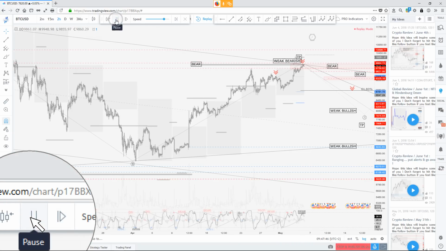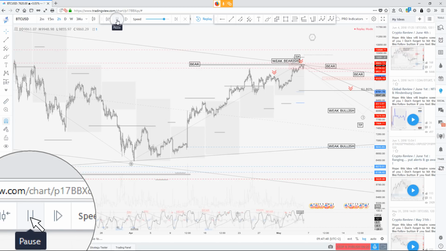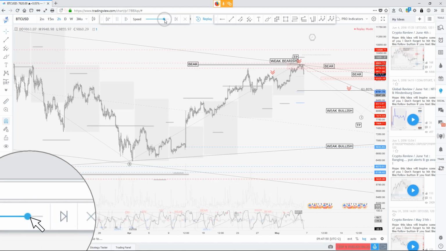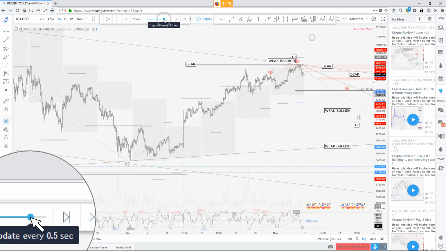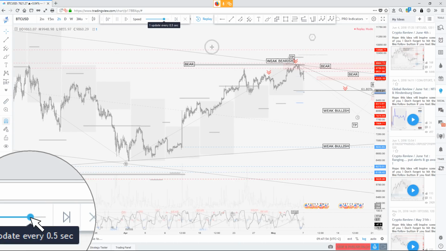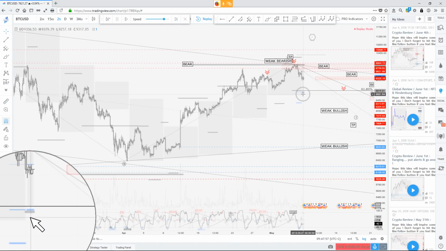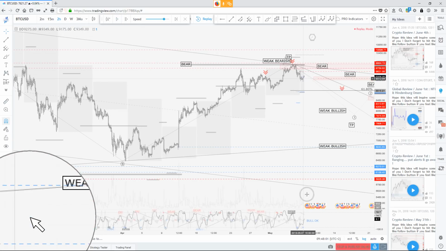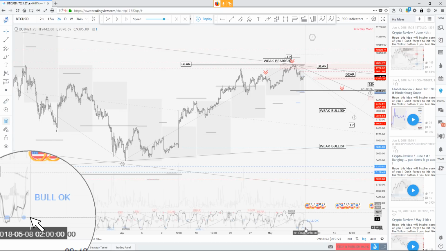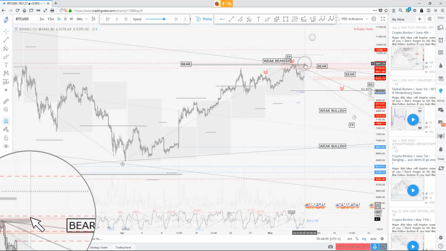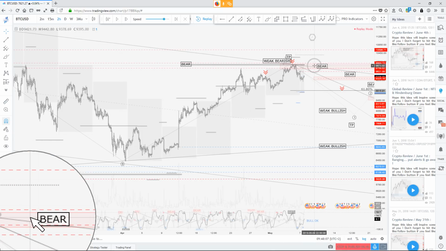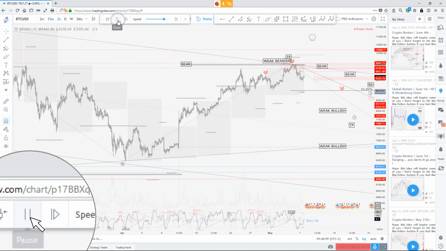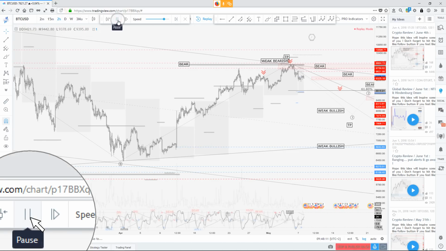Okay, so basically for now you're waiting. We're going to go slightly further. No, not yet. Okay, there we are. See, the cycle just switched. Now we're in bullish cycle. So now that we are in a bullish cycle, confirmed by the momentum, what do? Put the stop loss at break even. Okay, so now stop loss is at break even, the trade is secured. So there's no risk of loss anymore, just a gain.